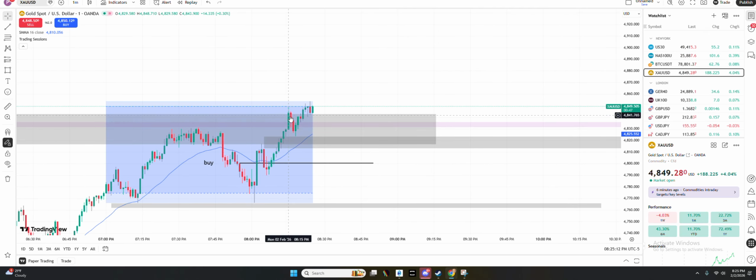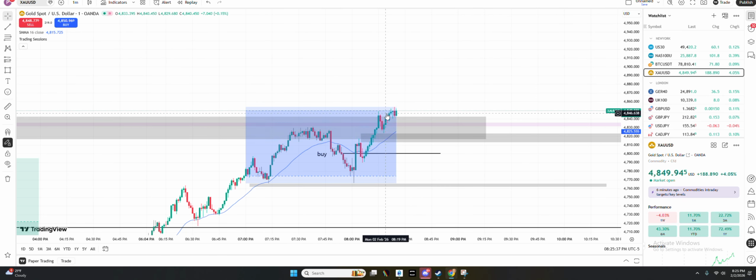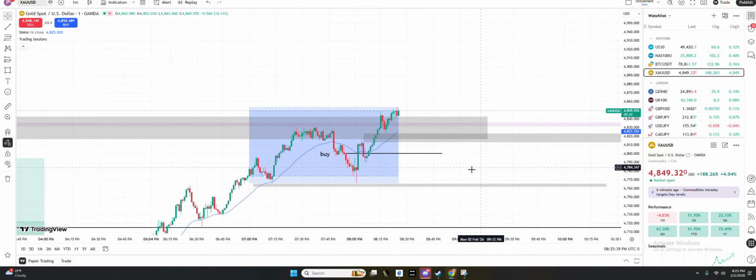So you see, you get these levels, like you already bounced off the FVG on the 1 minute time frame. It's kind of hard to tell on the 5 minute, but it already has a little bounce in that area and then created a new high. And you got another level here. And that's basically it, because there was a small gap here in this candle on the 1 minute. So now you'll probably get a push and you got a new level here. And in my opinion, this gold is probably going to push most of the day for the rest of Asian